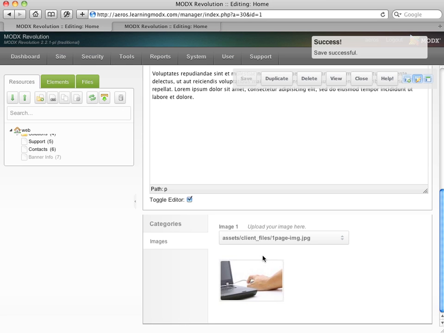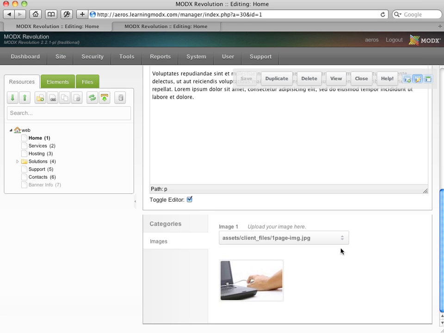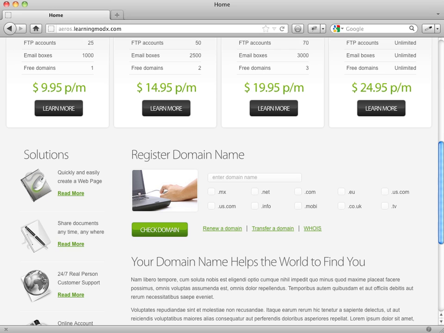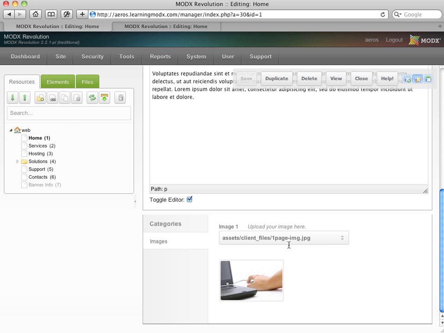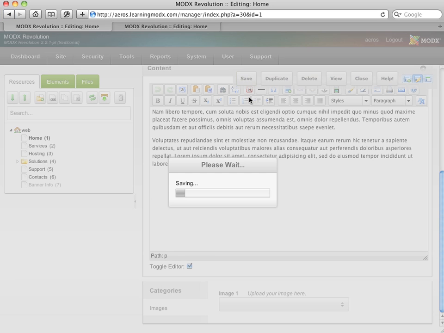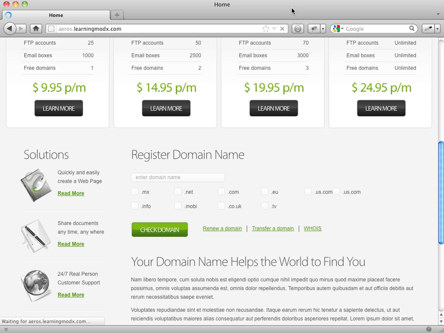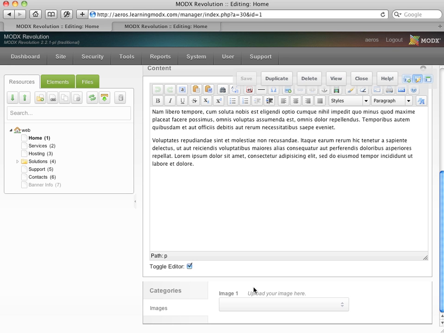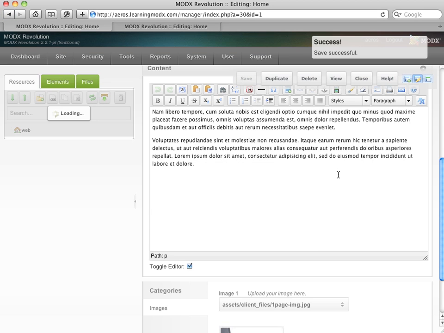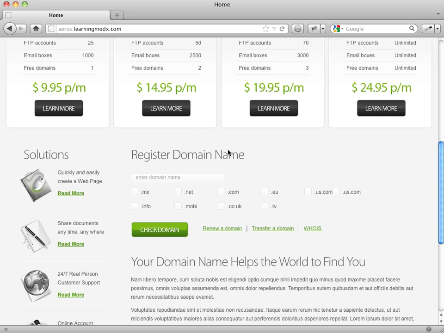So if I save it, it's now loaded into the system and assigned to this template variable. If I come back over to the web page and refresh, obviously the image still shows up because we have the same image. But let's just, for example, delete it so you can see that if you don't assign an image to a template variable, it's not going to show up on the front of the website. So I'll refresh, and our image is gone. So that is a pretty straightforward process. We'll save it again, refresh and look at the front of the website,